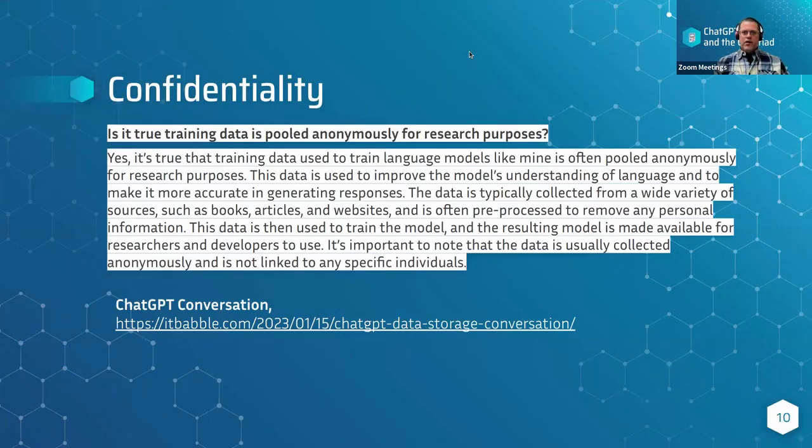Okay. Confidentiality, we'll jump to the C in the CIA triad. I had a conversation with the AI and I asked it about its terms of service. And I encourage everybody to ask the AI about its terms of service. It knows its terms of service. You don't have to read the